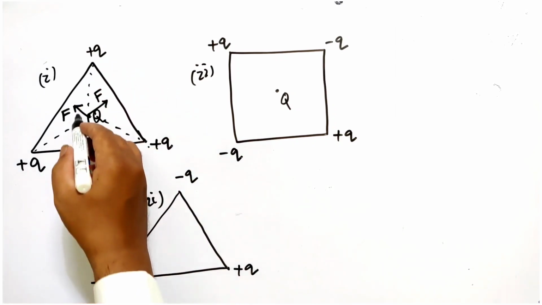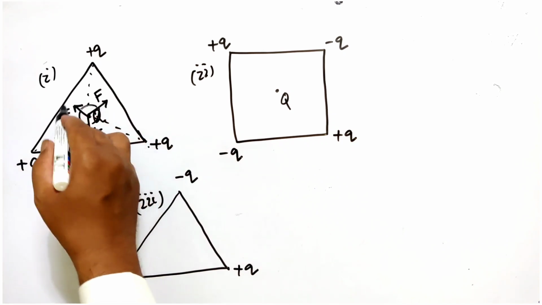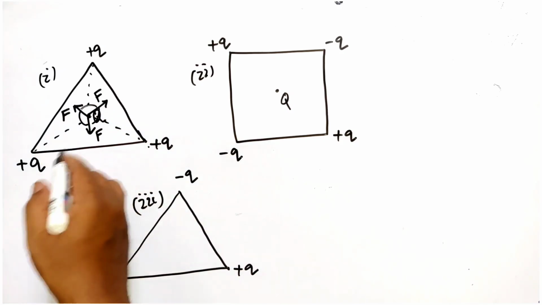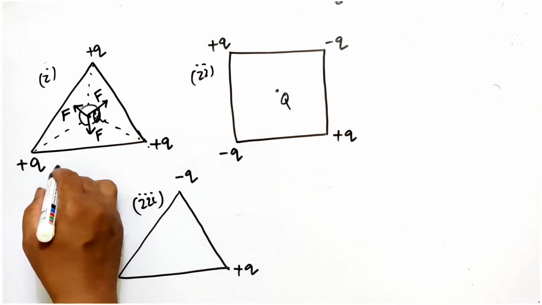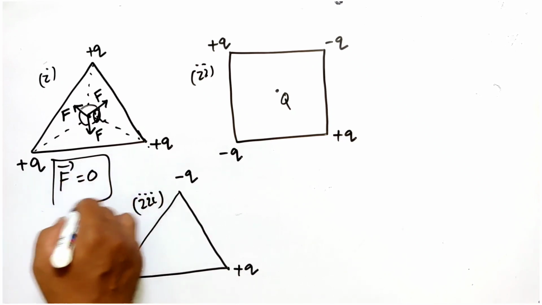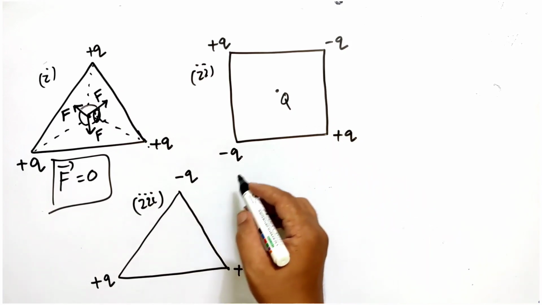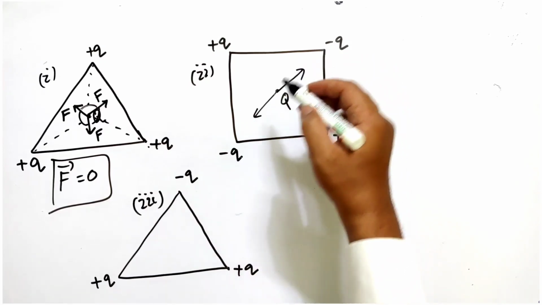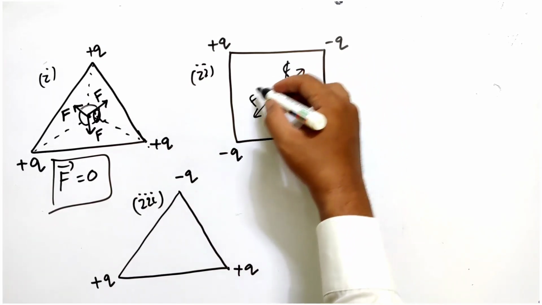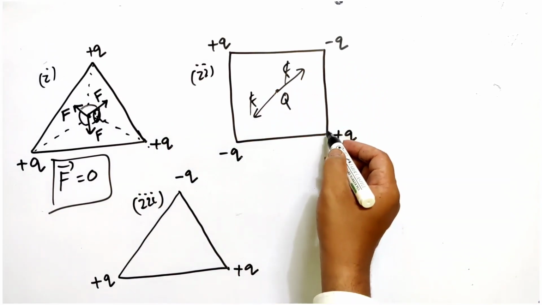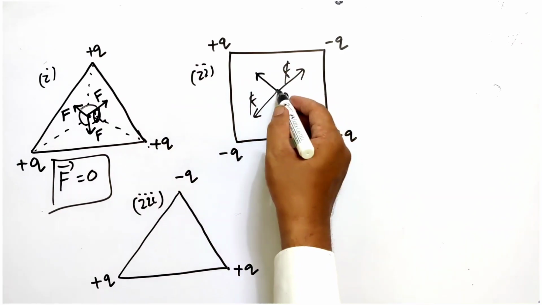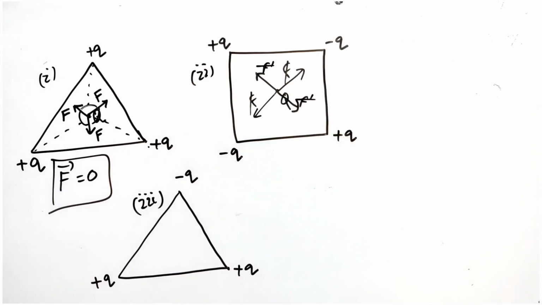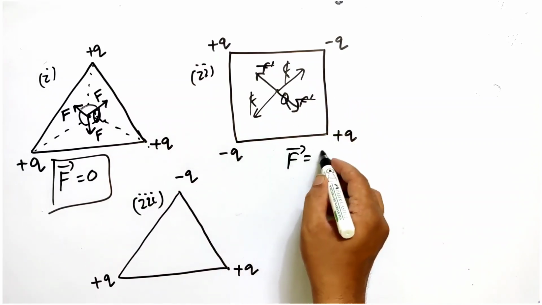So now you can see that we have considered it as an equilateral triangle, so the angle between them will be 120 degrees. So when you find the resultant, the final net force is going to be 0 in this case. Similarly, in the next question you see, it is a negative charge, it is going to attract and it is also going to attract with the same magnitude. F and F get cancelled, equal and opposite direction. Here the plus is going to repel, here also it is going to repel. Again it is F dash, then it will also be F dash, these two also cancel. Here also the net force is equal to 0.